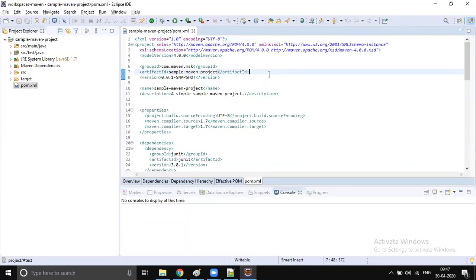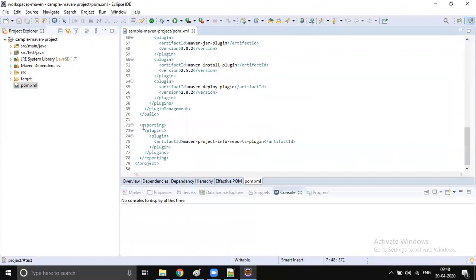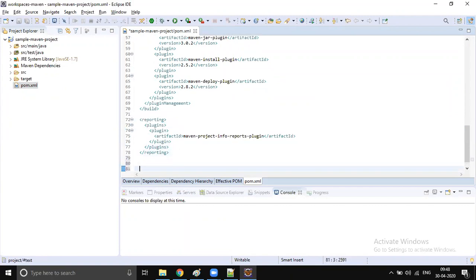Whatever you configure, Maven is going to do. So one place where you can configure your remote repositories is the pom.xml file. Not reporting or plugins, but we will have a tag called repositories.